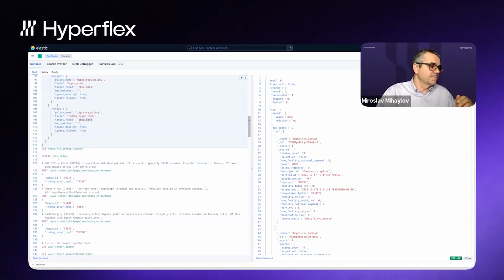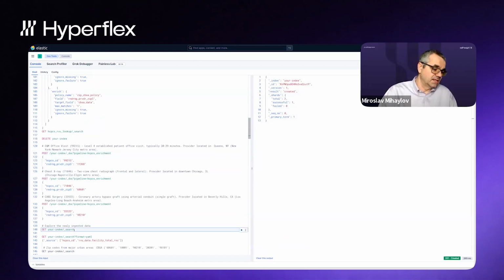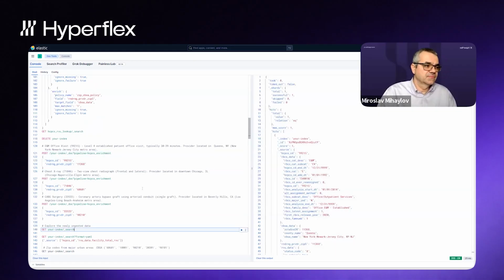And now, let me delete the demo index. We will ingest a simple document, which has just an HCPCS code and rendering provider zip, because that's what we have here in the pipeline. If I do this one, and now you see what happened.